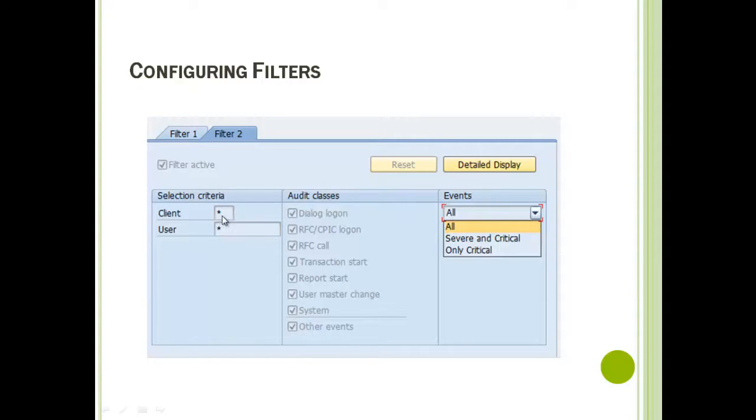Otherwise, we can specify it for a specific client which is a productive system, and specify who the critical users are. Some sensitive users on shared services will start with shared services, or yes something underscore. We have a naming convention like that, then you can say yes underscore star, then you filter this many audit classes. Like this you can classify it. So filter as much as possible to reduce the size of the audit file,